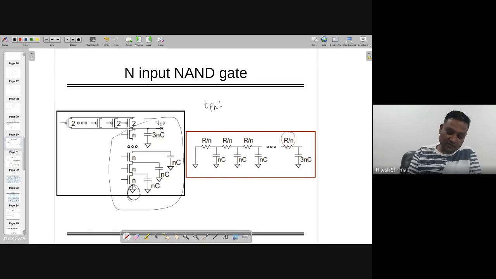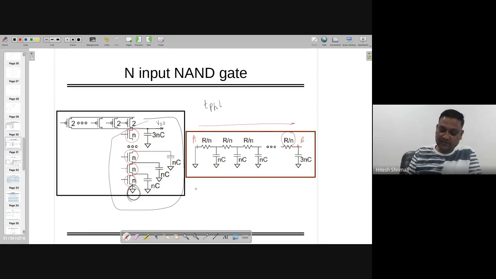When you are looking at the individual transistor, the resistance offered by the MOS transistor is equal to R by N. And at the output of every node, you have some capacitance like 3NC over here, and NC, and so on. If you are going to find out the path resistance going from point A to point B,